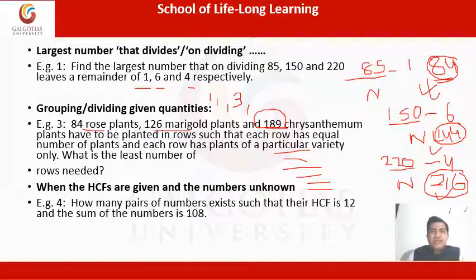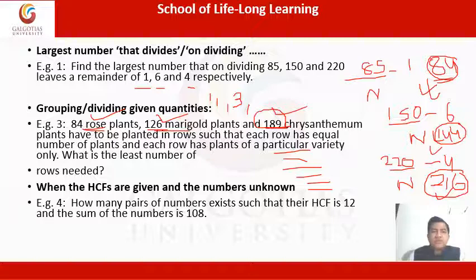So now again, what it comes to is that always only the common factors of these numbers can be planted in each row. If you remember that earlier when I told about planting 120 saplings, each row can be planted only with the factors of 120. Similarly, in each row, the number should be a factor of 84, a factor of 126, and a factor of 189.